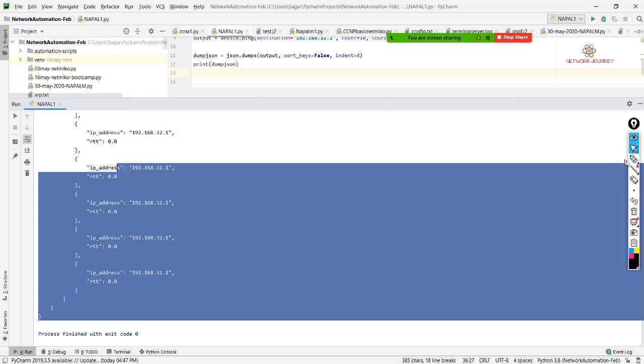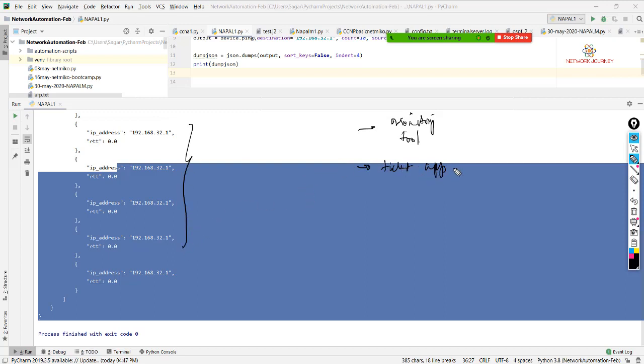Let's say the application was actually a monitoring tool, right? You can have n number of applications. It doesn't matter, it should be an application where you can select some template or run the configuration. It could be a monitoring tool, or it could be a ticket raising application, and this information can lead to create a ticket automatically, right? You can integrate with n number of possibilities. I'm just giving you some hints.